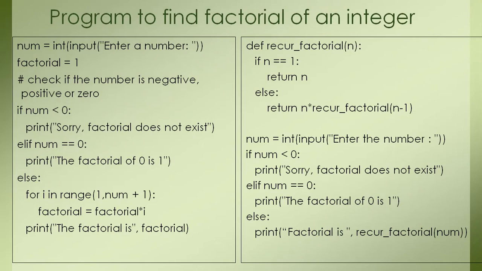Okay, so this is the difference between the two approaches of getting the factorial of an integer. In recursion you must know two cases. One is the base case, from where the program will start returning backwards, and the recursive case that will represent the actual mathematical logic behind the problem. Okay, let's move forward.